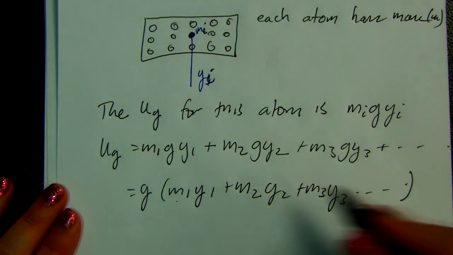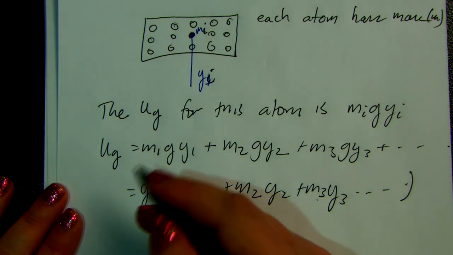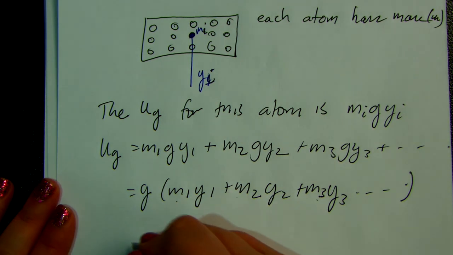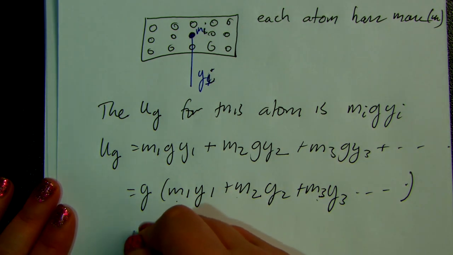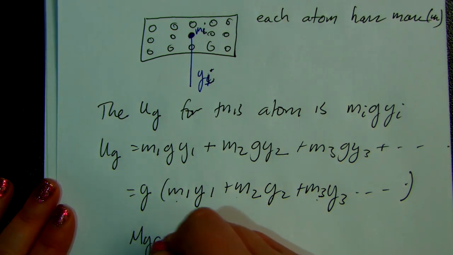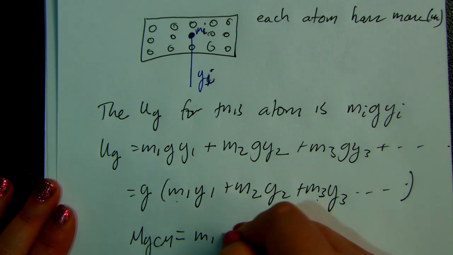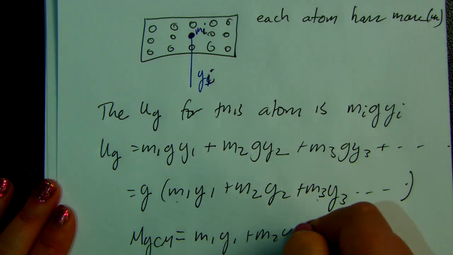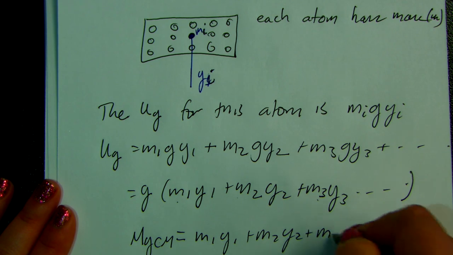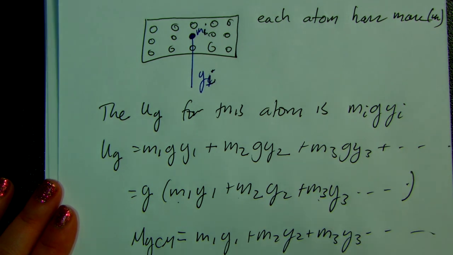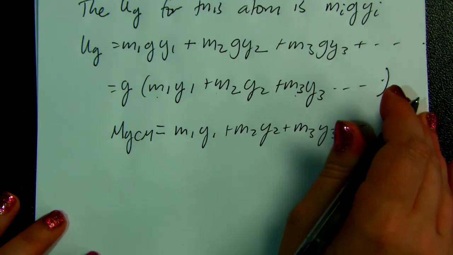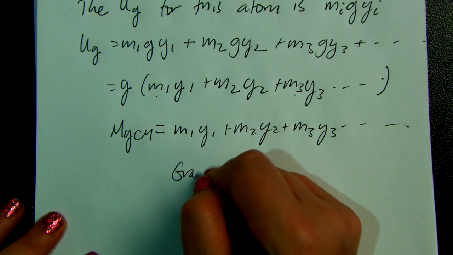This is basically just M total times y center of mass, so M y center of mass is equal to m1 y1 plus m2 y2 plus m3 y3, so on and so forth,